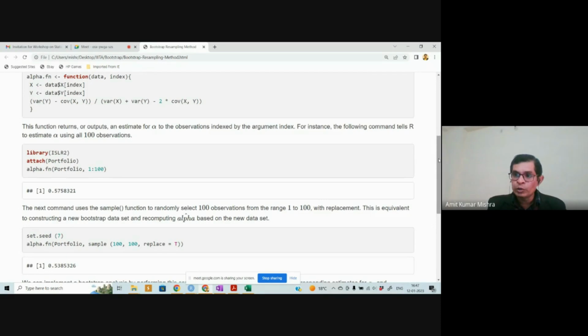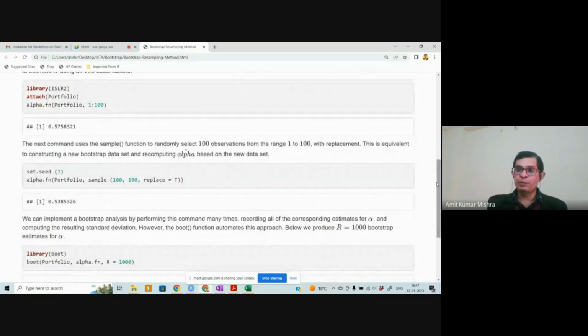Now what we want to do, we want to find bootstrap samples. So we have one sample of 100 data points. We are going to generate 1000 samples from these 100 data points with replacement and with the same size. Okay. So fix the seed